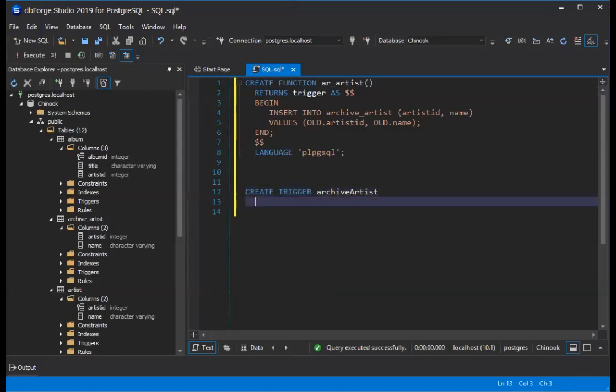Now creating a trigger, we're not doing this on a view. So we have either before or after that we can specify. So does this trigger fire before something happens or after something happens? Well, we don't want the data to be gone, so we can't do it after. We have to do before. Before the data is gone,